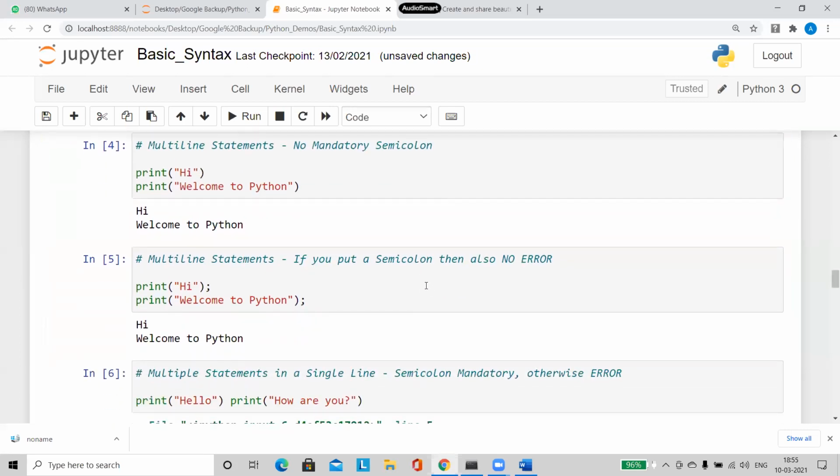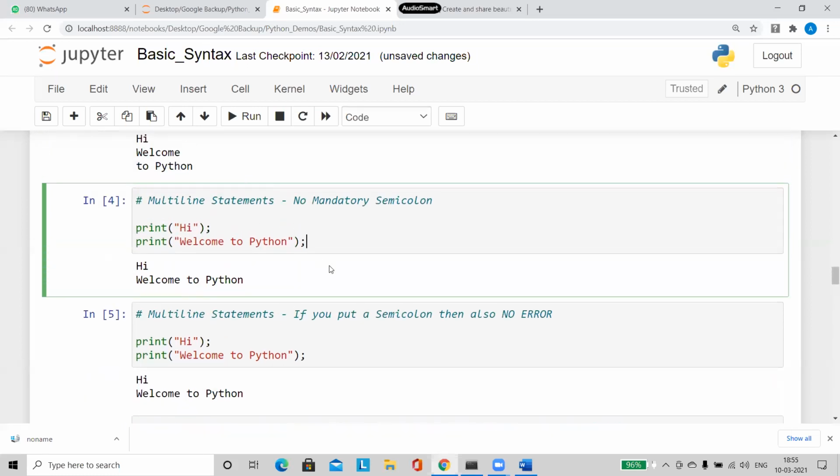Now, one more very important point: semicolon. In all programming languages, I guess you are already familiar with C. How do we write C? After each and every print statement or variable, we put a semicolon like this, and only then do we execute our program. If the semicolon is missing, your compiler will throw an error. But in Python, we don't have anything like that. Semicolons are not mandatory. If you put it, no error. If you don't give it, also no error.